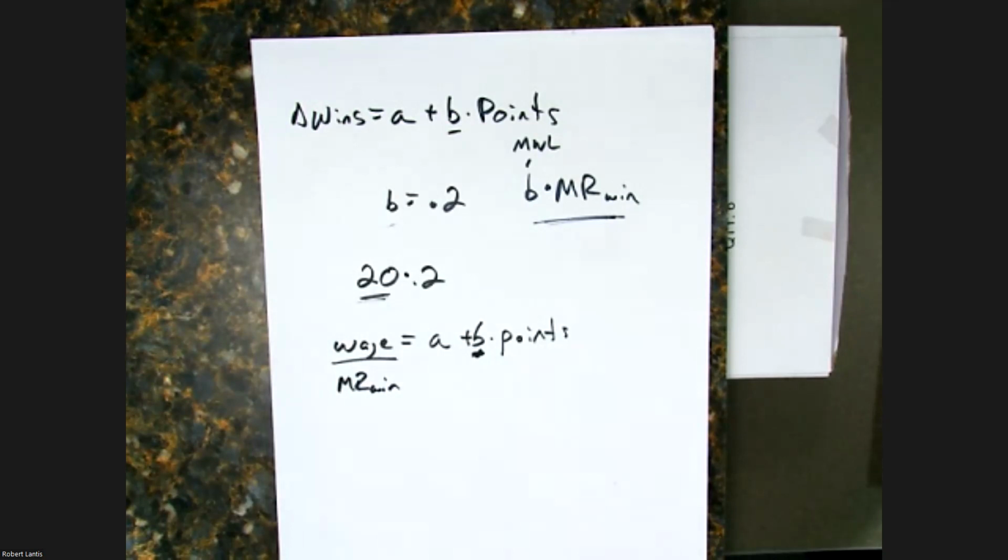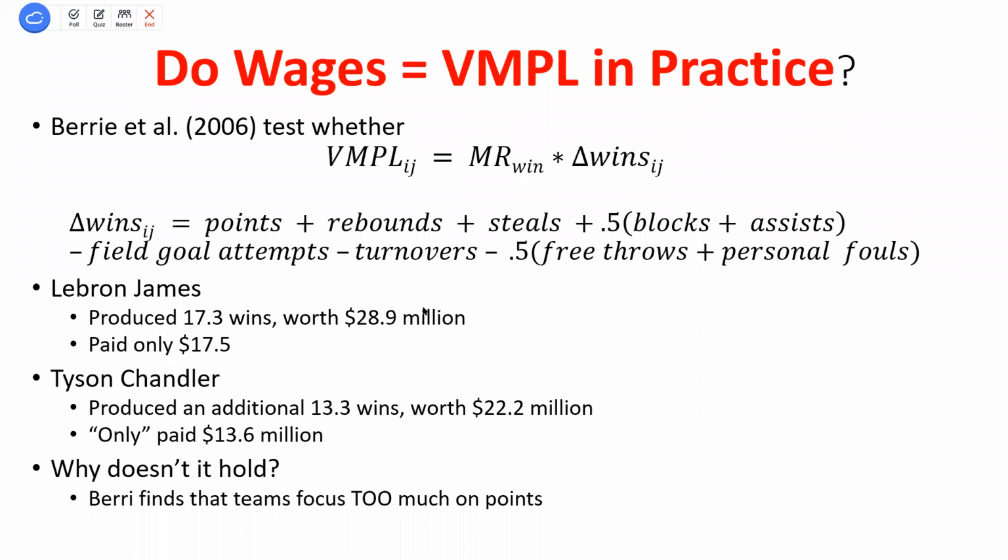Now, like I said, we could make this a little more complicated because there are differences in demand for each one of these teams. Just because you're adding the same number of additional wins, if I use the marginal revenue per win average across the league, I know that LA's is going to be higher than Oklahoma City's. And so I would probably want to do some adjusting there. I don't think the paper did a great job at that, but it is an interesting way to start thinking about how we can use actual data to see if these models that we were going through are supported. Do we see larger market teams paying more? Do we see higher quality players being paid more? And the higher quality thing is looking at marginal wins, or the wins added.